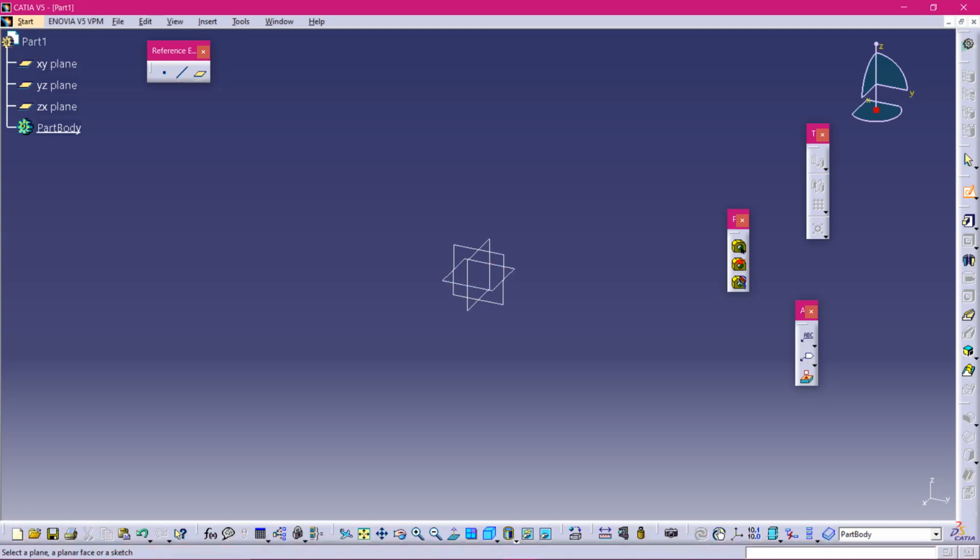So today I'll be telling you one thing, that is how to create an axis system in CATIA. While drawing with these planes, we may feel somewhat uncomfortable choosing. So for this, what we have to do is create an axis system to make our sketching somewhat simpler. To do that, first of all, right click and drag it, select this and click on hide.